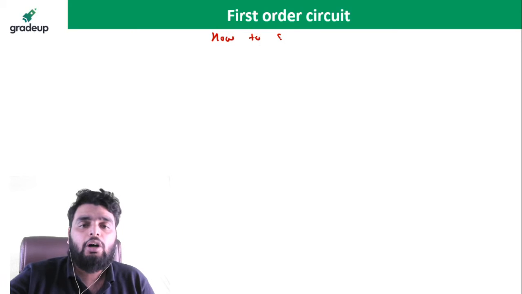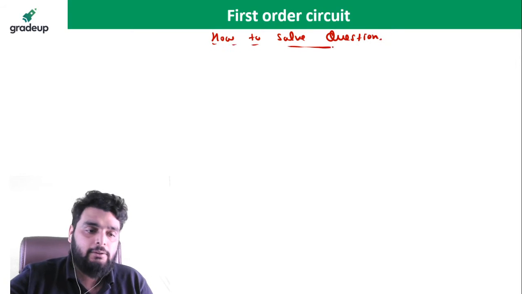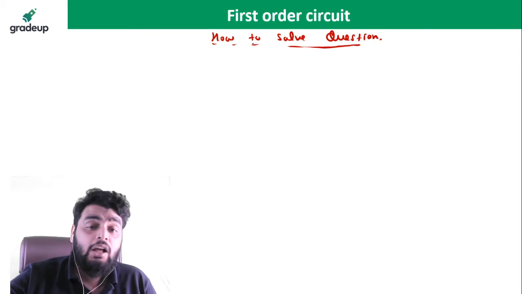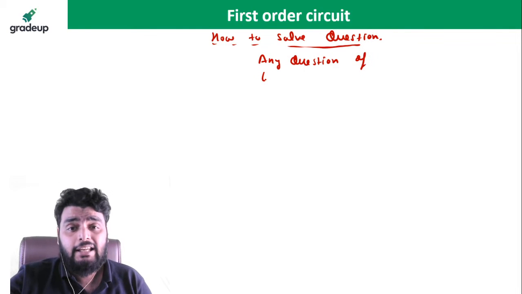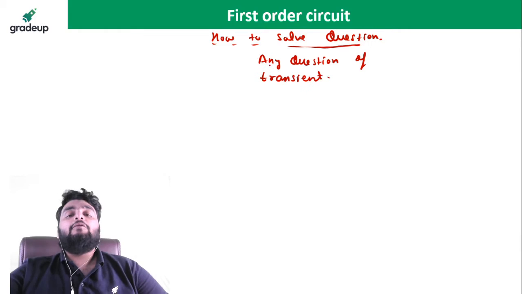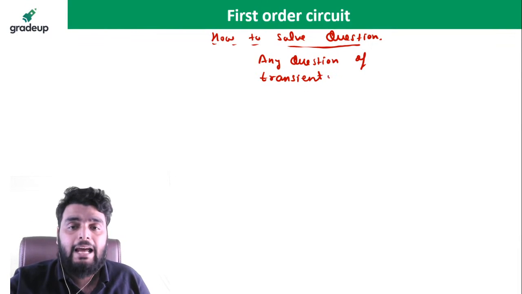Now, how to solve the question? I will give you one flow chart, and then I will tell you what you need to remember for the transient. For any question of transient, don't see what they are asking, or what they are not asking, or what is the order. For any question of transient, step first,